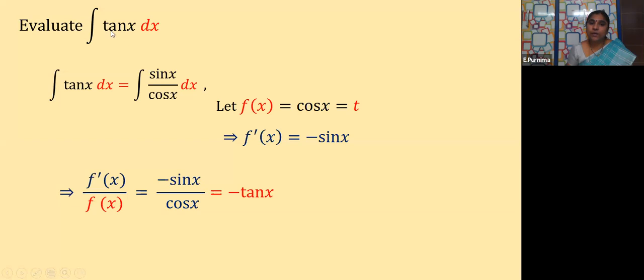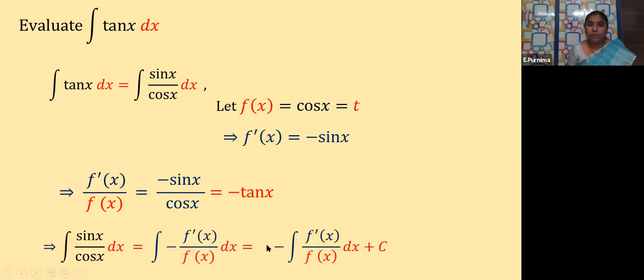But what is our integral, children? What is our question here to find out? Tan x. That means only this minus sign is extra here. So I can write this minus sign before the integral or not. So integral of sin x by cos x dx is equal to, what I have got, minus f dash x by f of x. I am writing the minus sign in front of this, so minus, I can write outside the integral. Minus is nothing but minus 1. Okay. So we have a formula now. K into f of x.